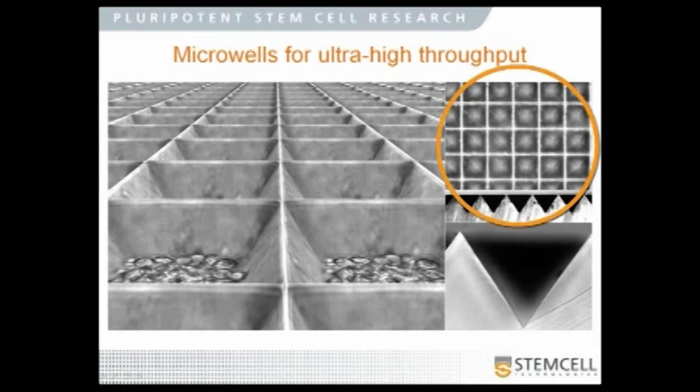On the right-hand side here at the top, this array of squares is a top view looking down on an array of 400 micron microwells. You can sort of see diagonal lines leading from the corners into the center. These are the sides of these square pyramidal microwells. So there's 4 triangular faces that meet at a point. At the middle here is a cross-section at the same magnification of these same microwells. So you can see that pyramidal shape in cross-section. And then at the bottom, a single microwell at a higher magnification, showing that the features are actually quite sharp